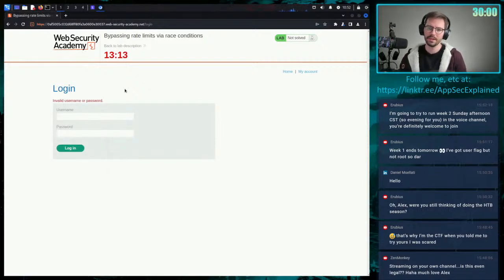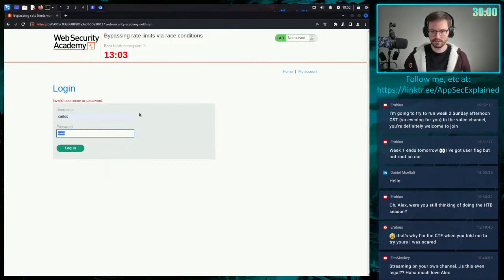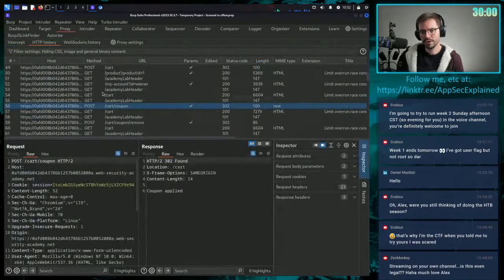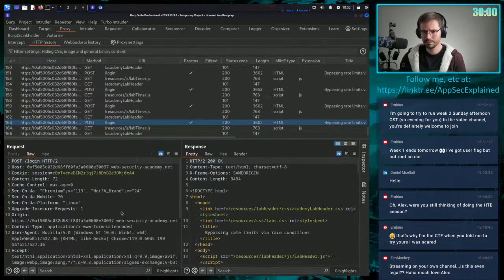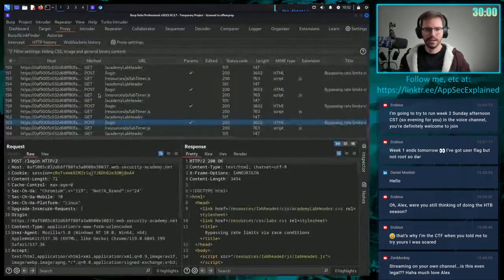Okay. So what we want to do, I think the objective of this lab is to brute force the Carlos user. So let's just do, I don't know, the password. And this is kind of a tricky one to set up, because what we want to do is send a bunch of requests in parallel. In fact, let's see if we can do this first with the Vina account. And if we prove that we can do it with the Vina account, then we'll try...